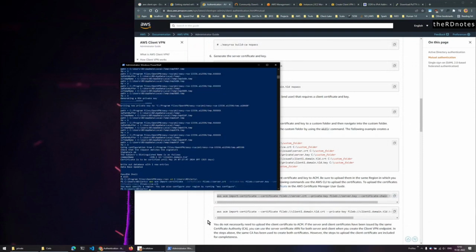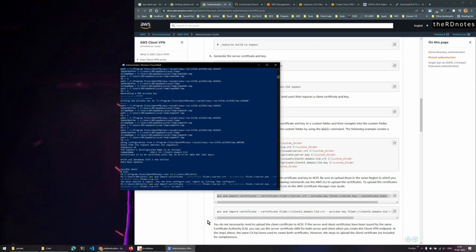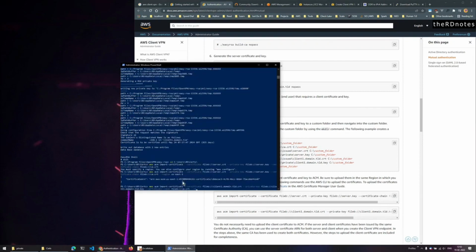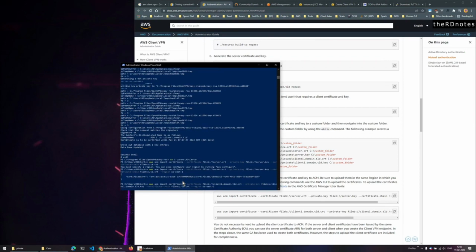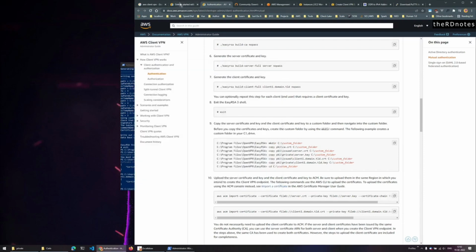You must specify a region, right? Let's try if I can mention it like this. Okay, we have successfully imported our certificate for the server. Let's import the client certificate now, and I'm gonna mention region US East 1. So this is it. So we have imported both the certificates, and we can verify that